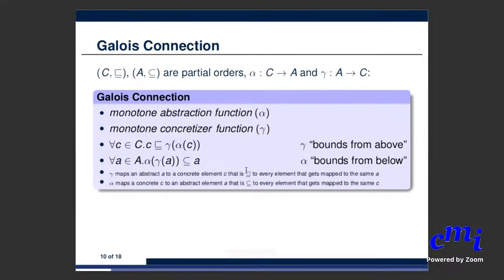If you choose your alpha and gamma such that they form a Galois pair, meaning gamma is chosen such that it always maps to the largest thing,